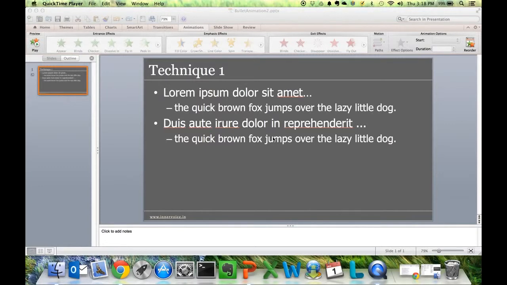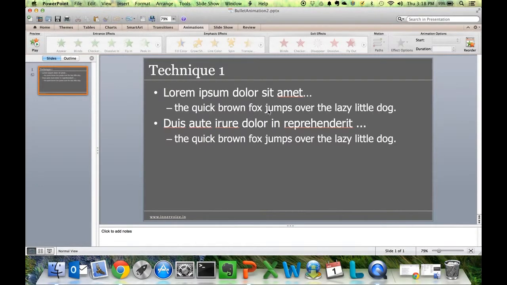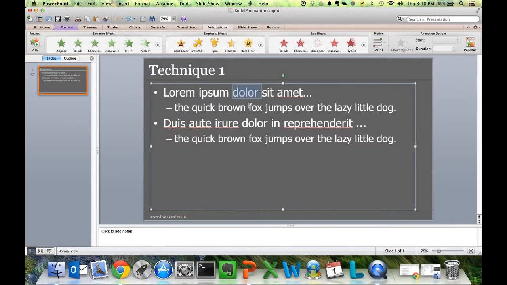To demonstrate technique 1, I have created a slide deck and it contains a bunch of text in bullet format, and you can see that I have two levels of bullet, a parent and child bullet or outer bullet and a sub bullet. You can call it different names. And to show this technique, what I will do is I'll select the whole text box and then choose an entrance effect.